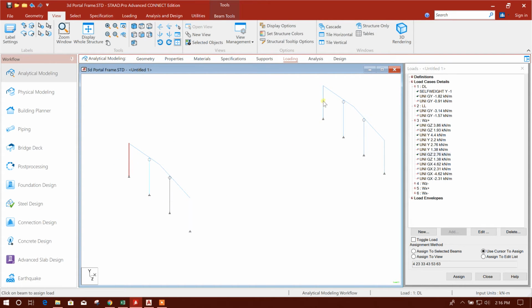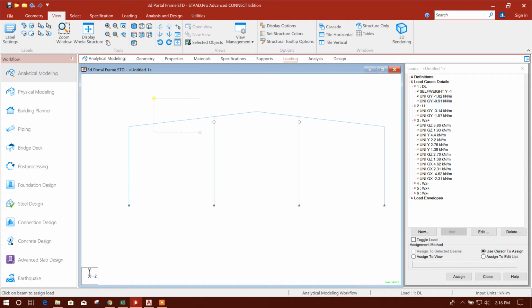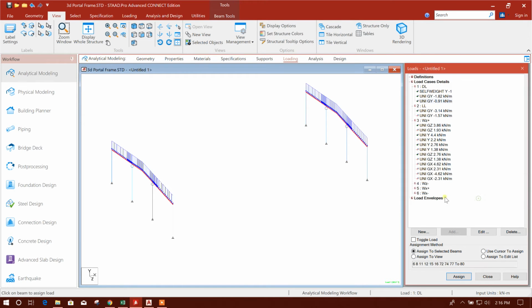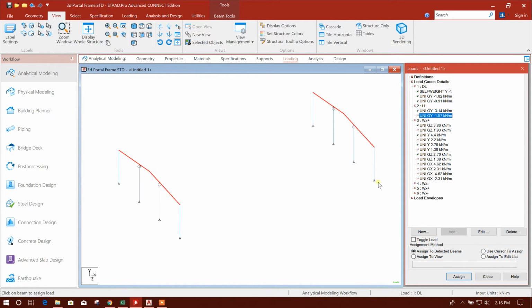now for this dead load here, this one we will add. Go to this view, this, control select. Okay, now assign to selected view. Yes, now go to live load, assign. Yes, now for